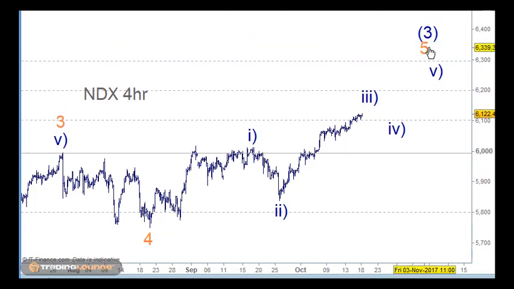So really, we need to be a little bit mindful of the S&P moving up as well. So if this is wave 1 here and 2 here and 3 here and 4 here and 5 coming into play up into this space here, then